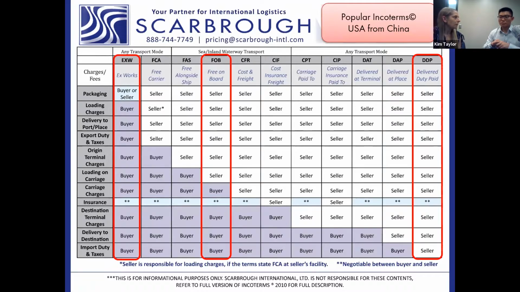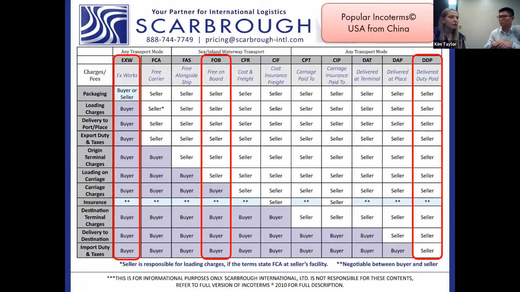Yeah, but we have some customers who send shipments from China to the US, and the term is DDP. But most of the consignees will not accept the DDP term a second time, because they contact the shipper to ask where the shipment is. The shipper doesn't know, and they have to ask the agent. That takes another day. But with the other terms, you just contact your US local agent like Scarbrough, because you are in the same time zone, and you can get updates, maybe in just 1 minute or 10 minutes, you get a result.